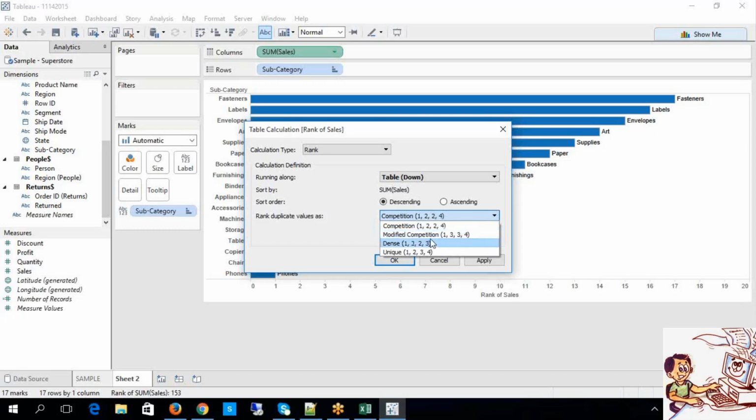Now, modified competition. Modified competition in the sense that here you are going to split the ranking based upon the nature of the data again. See, in this case 1, 3, 3, 4, which means what is happening here? I'm going to split the rank, I'm going to miss rank 2 because I'm going to split it as 3, 3, for 3 persons. Likewise, that is the reason 2 is not pictured here.